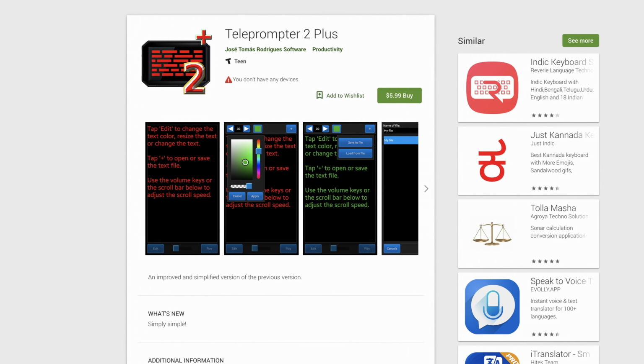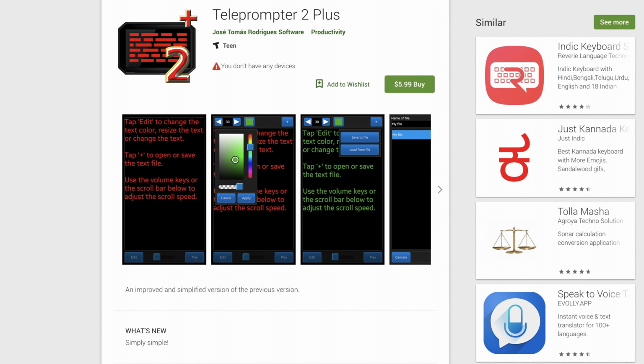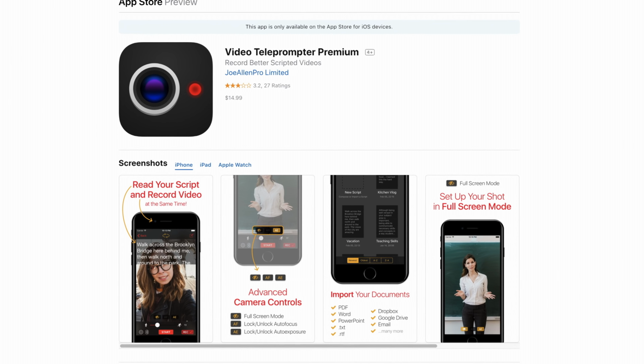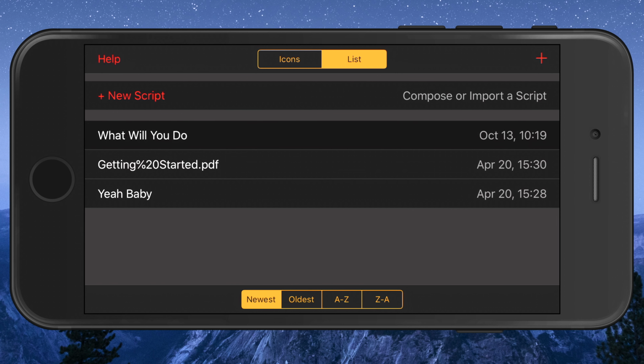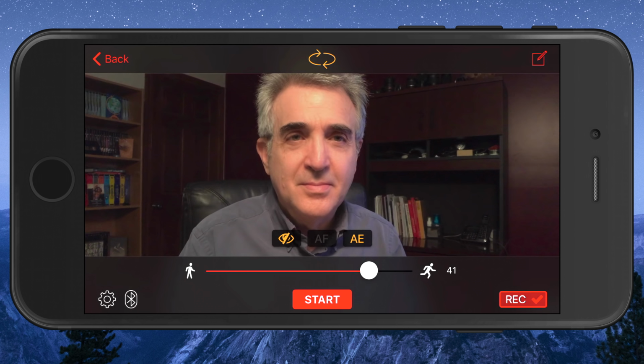There's no hardware, just a $6 app for Android called Teleprompter 2 Plus. The iOS version is $15. It's called Video Teleprompter Premium. I don't have an Android, but I can show you how it works on the iPhone. You import the text, set the scroll speed,